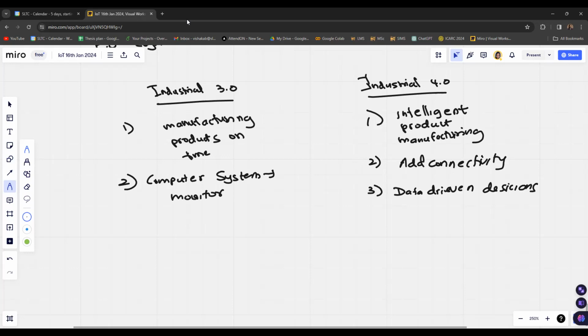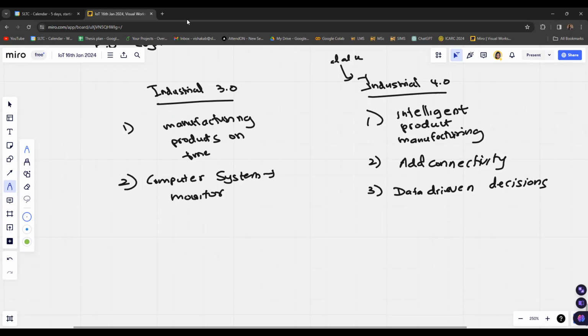So enabling data-driven decisions enables us to take decisions based on the data. So Industry 4.0 will be focused on data mostly, and data-centric services will be provided.